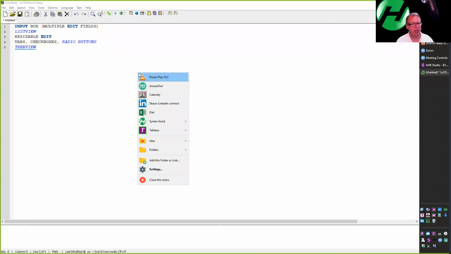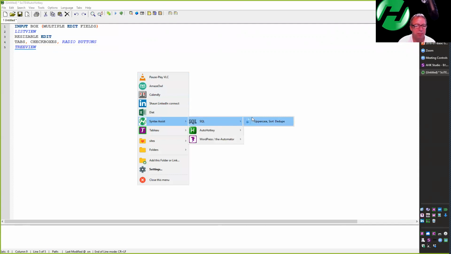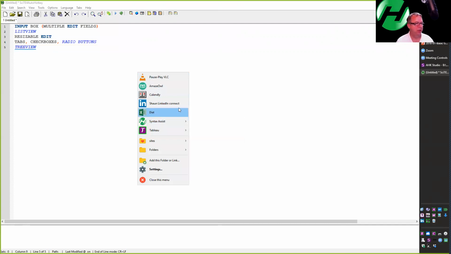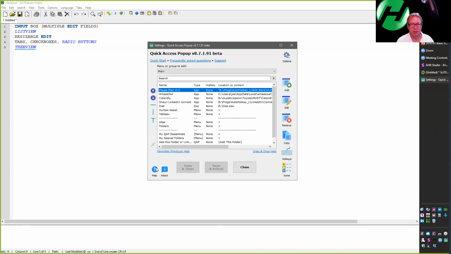So I just right-clicked. Well, it doesn't matter, but I have this tool running. These same menus, where I have the structure and substructure, you can have a drag and drop GUI interface to create menus. While I think they're really cool to learn if you're building your own project, if you're just using it to launch hot strings, or you want to create shortcuts to folders and whatnot, that cool tool, Quick Access Pop-up,